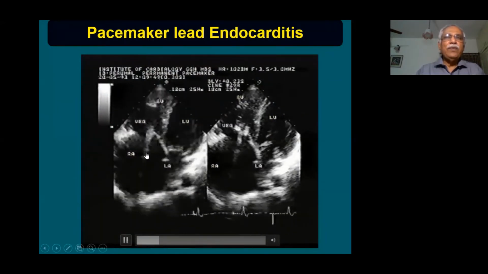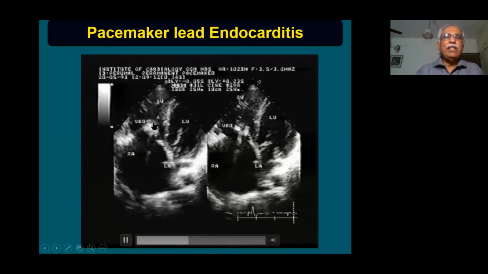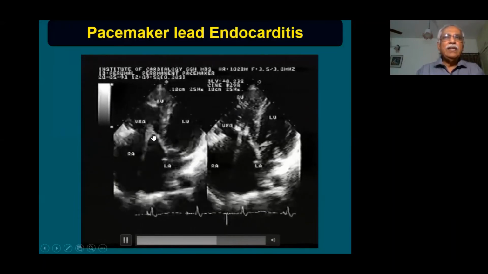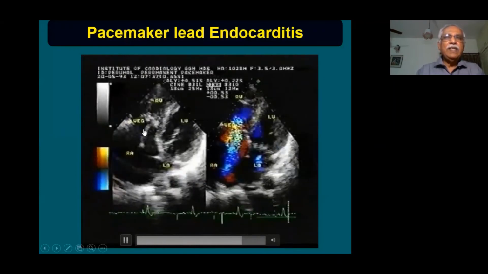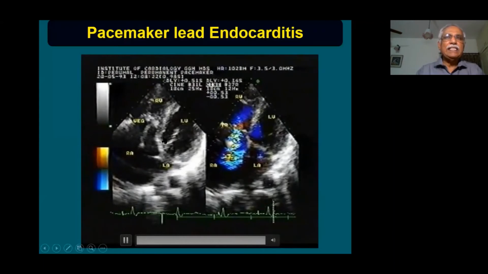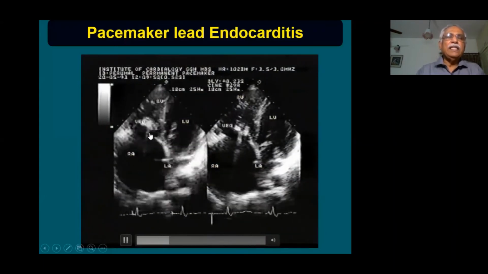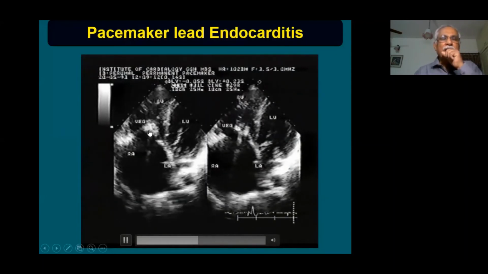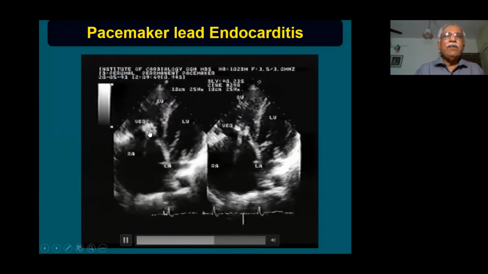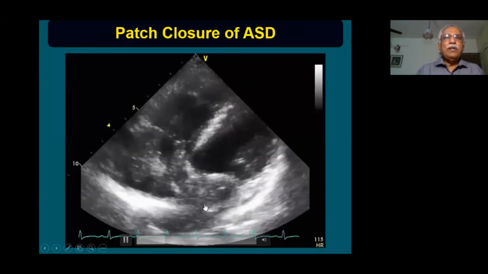So this is a patient with pacemaker leads present inside the right ventricle and the right atrium, and there is infective endocarditis of the tricuspid valve, because the tricuspid valve hits against the pacemaker leads whenever there is closing, and it produces denudation of the endothelium of the tricuspid valve and forms a nidus for the development of infective endocarditis.